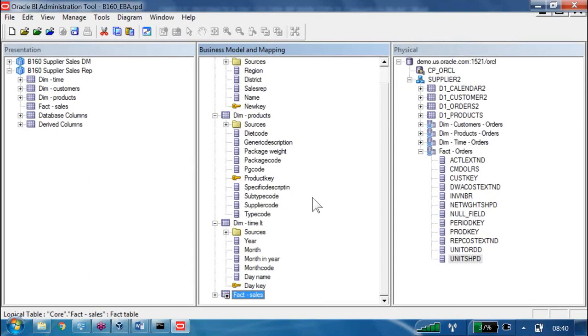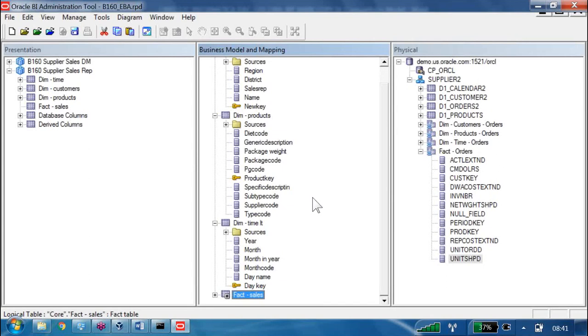Fact table primary key means, can I say, a combination of all the dimension tables that are joined, all those keys together, can I say that is the primary key of the fact table?